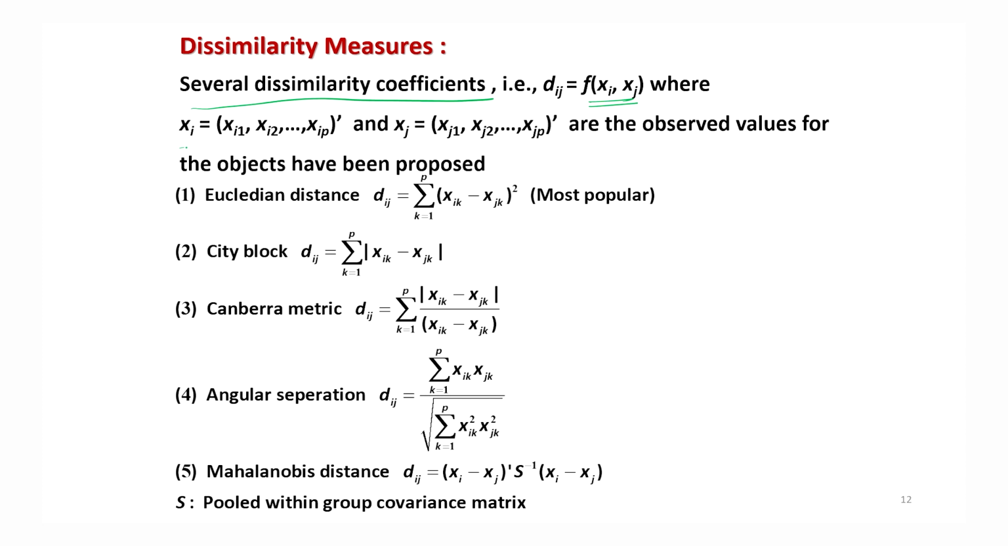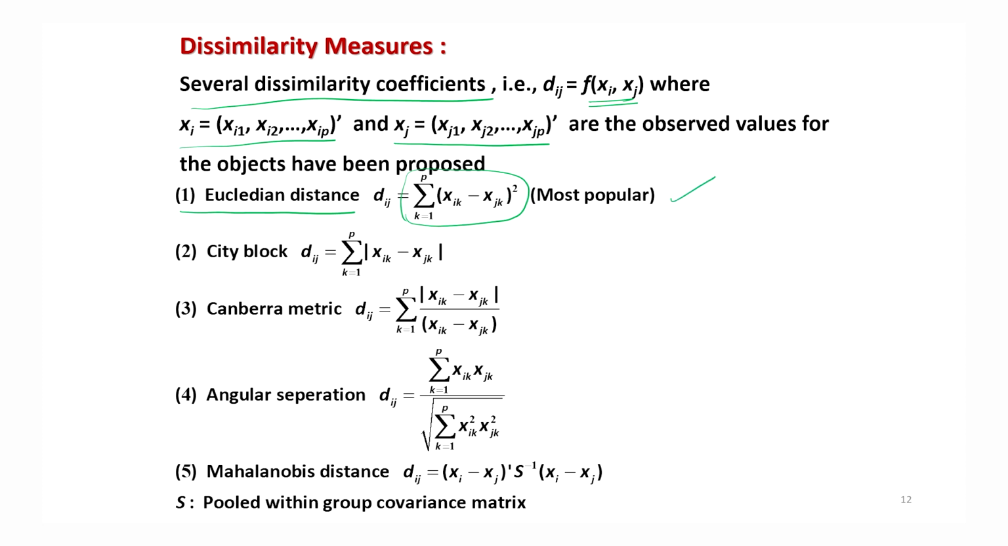where xi is the ith observation on a p-variate vector, and xj is the jth observation on a p-variate vector, right? And then we try to compute different types of functions to compute these dissimilarity coefficients, and some of them I have explained here. For example, the first one is the Euclidean distance. So if you try to see, I am simply trying to compute the distance between the ith and jth observation by summation k goes from 1 to p of (xik minus xjk) whole square,